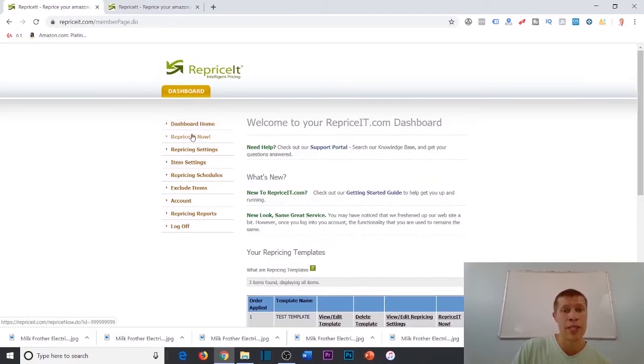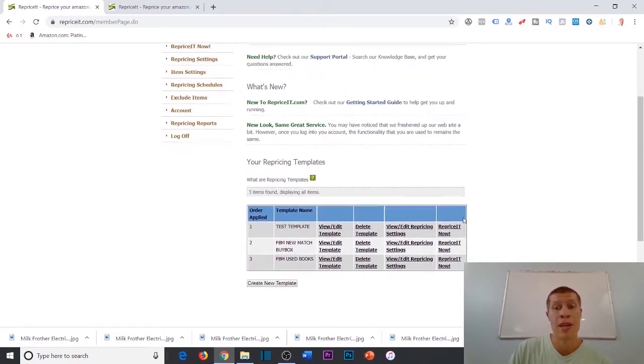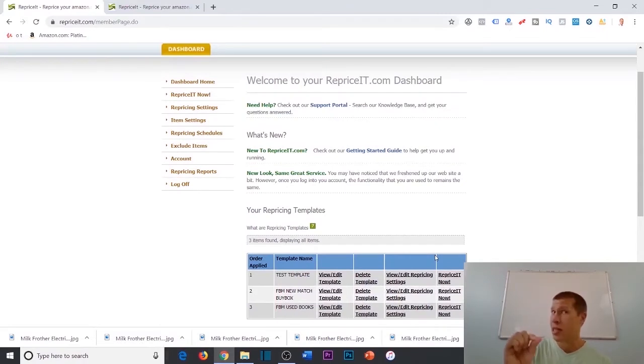So now we go back to our dashboard, and you'll see that, okay, the test template is good to go. Now the way that we could test this, because we didn't click that, right? So when we hit reprice it now, it's not actually going to make the adjustments in Seller Central. It's only going to provide us with the repricing report of what would have happened. So we would hit reprice it now, test it out, see what the repricing report says, see if it made